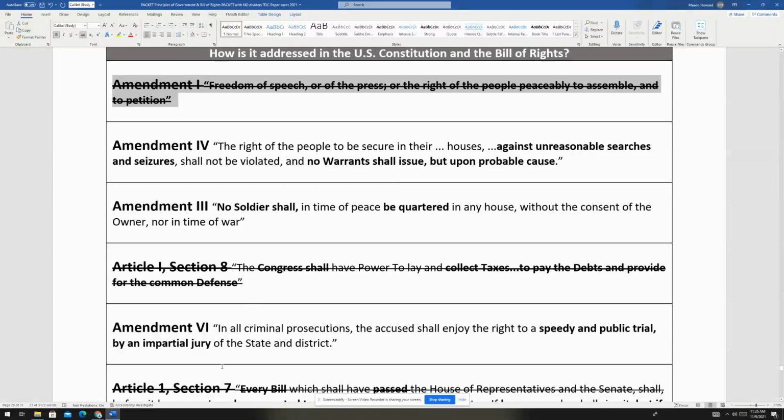See, if it says Article 1, those are in the Constitution part. The Bill of Rights, again, think of it as a piece of paper we stapled to the Constitution because we added it later because those anti-federalists fought for it. Way to go, anti-federalists. Okay, you're going to try these 3.